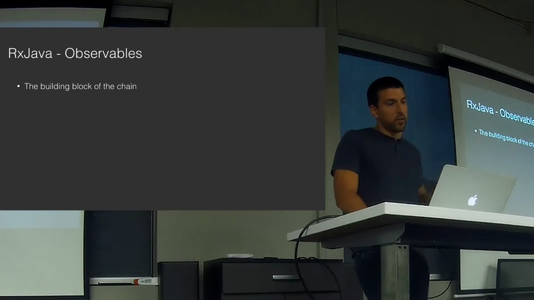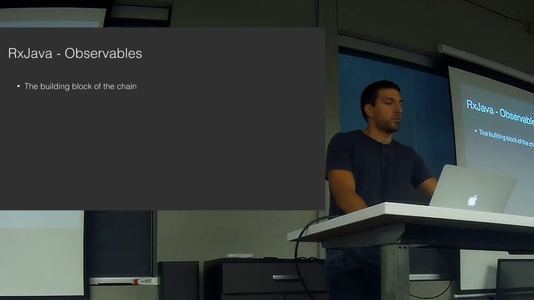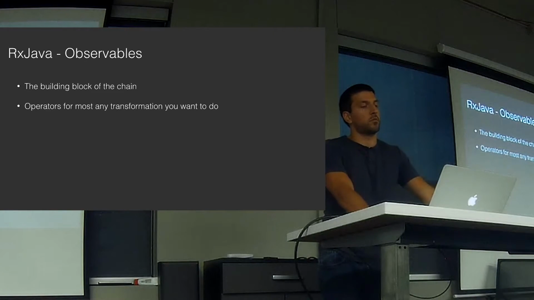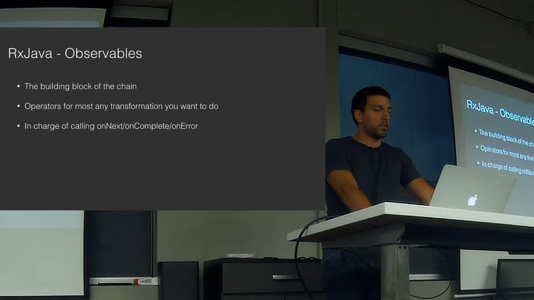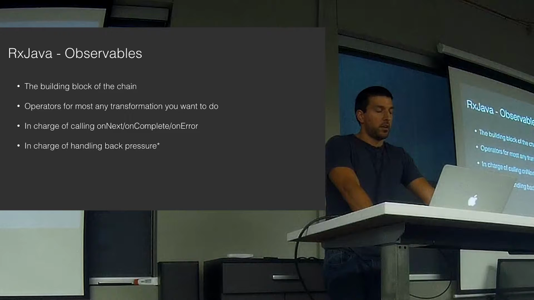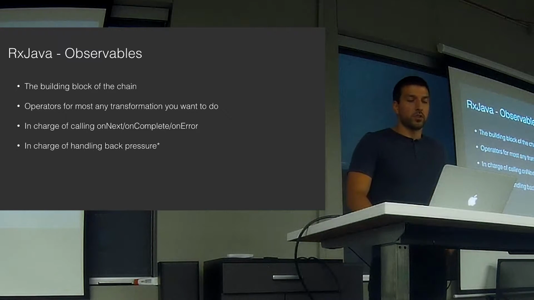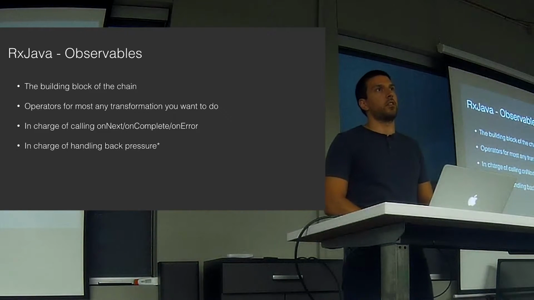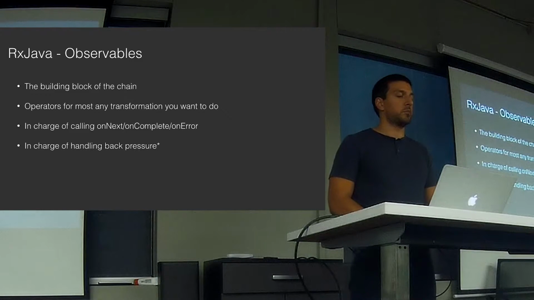So observables, like I said, are the building block of the observable chain operators for most anything you want to do with it, filtering, mapping, things like that. And they're in charge of calling on next, on complete, and on error on their subscribers. They're also in charge of handling back pressure. So that's a state you can get in if your observable is emitting items faster than the subscriber can process